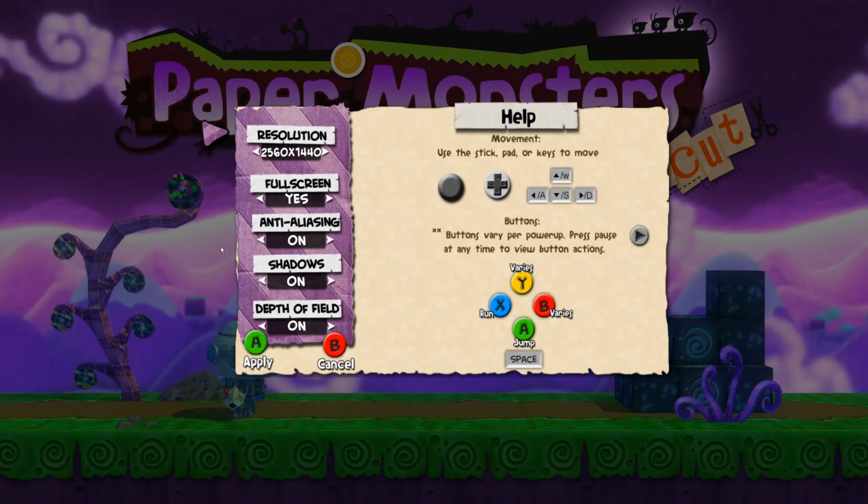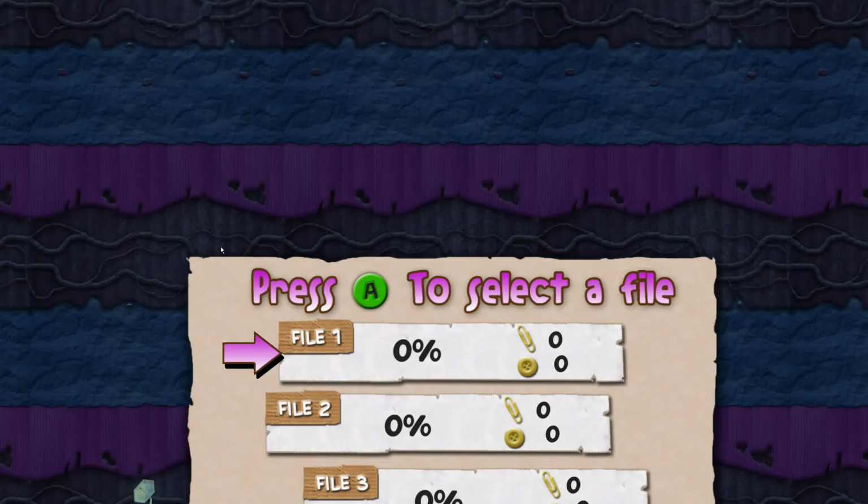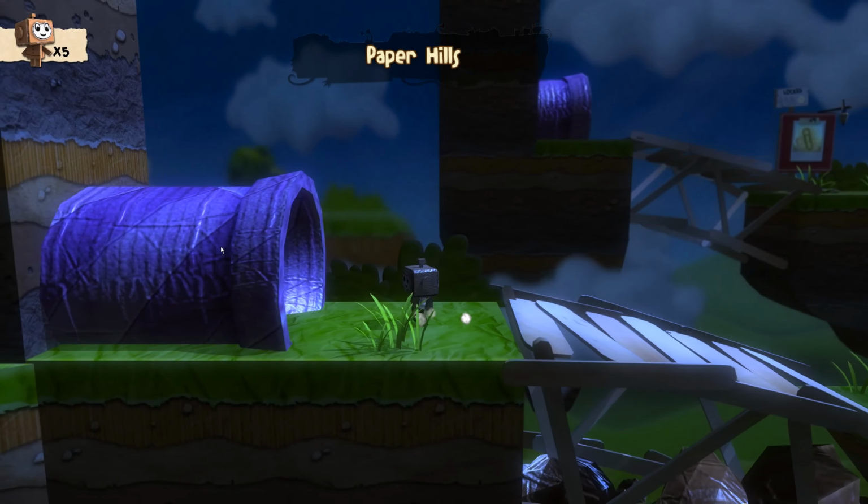Okay, let's just have a quick look at options. Okay, that's all defaulted in a reasonable way. I'm, as always, going to use a keyboard and mouse because I couldn't be bothered trying to find my controller, and in general, I'm not that keen on controllers. Okay, so